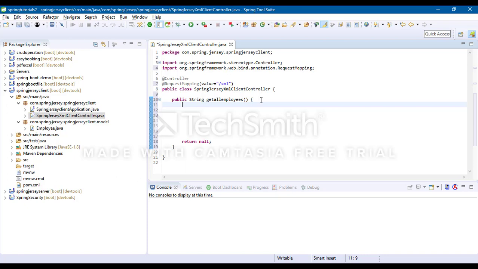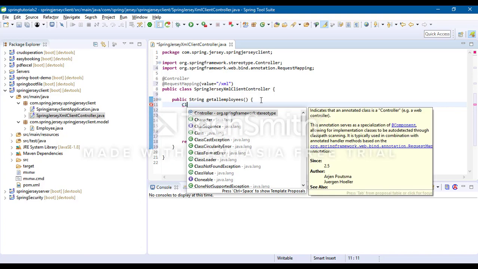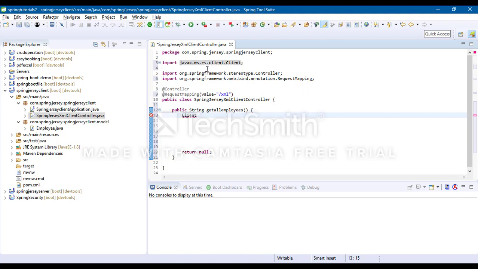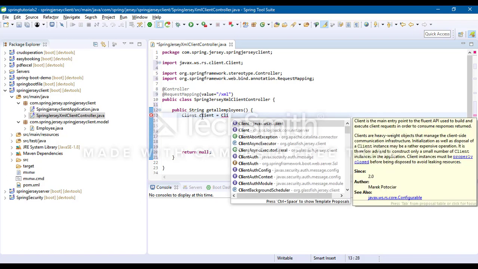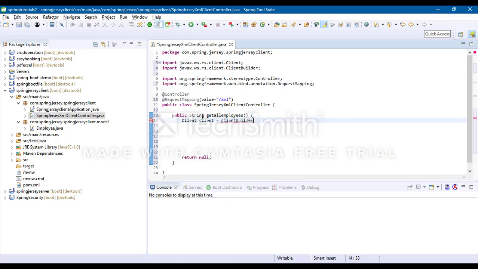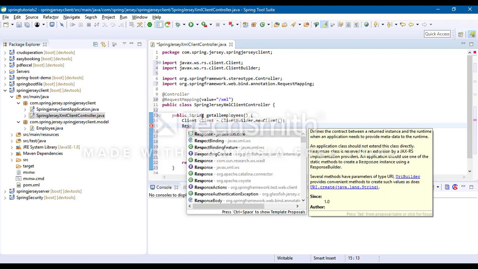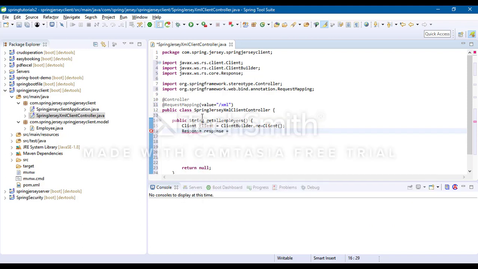First I am going to take the client, that is the Jersey one, javax.ws.rs.client.Client client equal to ClientBuilder.newClient. Next I am going to write Response response is equal to